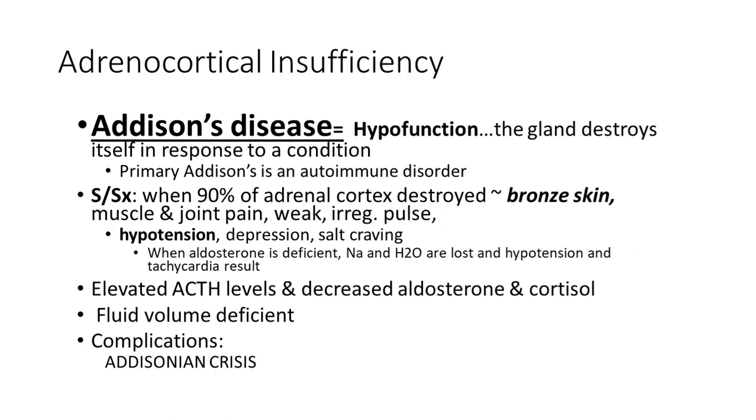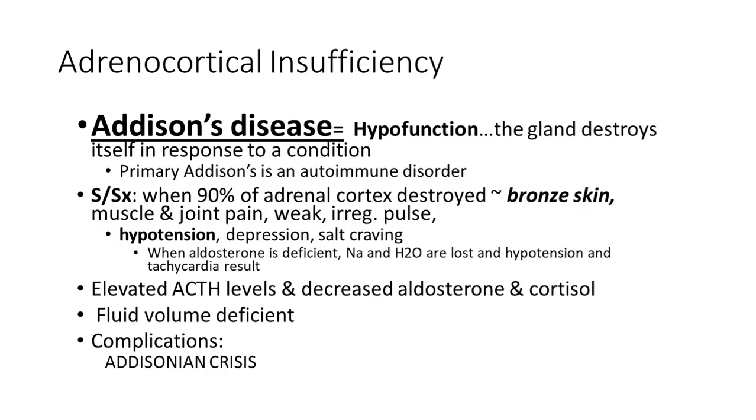Adrenocortical insufficiency. I only have a couple more slides left. Addison's disease. This is hypofunction of the adrenal cortex. The gland is actually destroying itself because it's an autoimmune disorder. Symptoms don't really develop until about 90% of that adrenal cortex is destroyed. Things you're going to see are